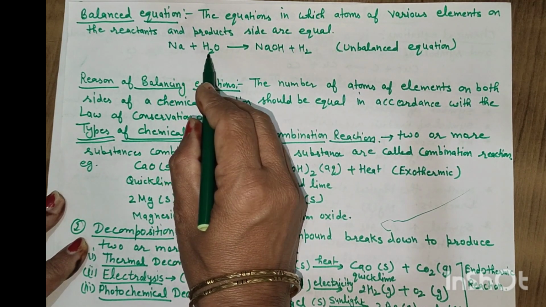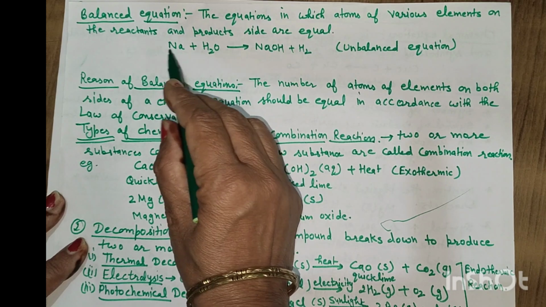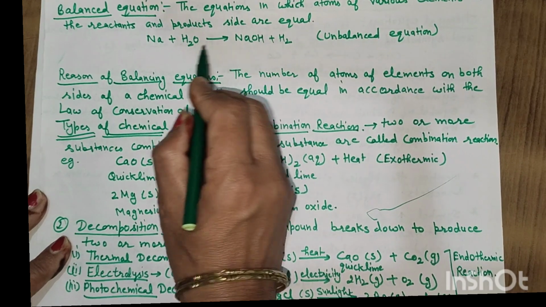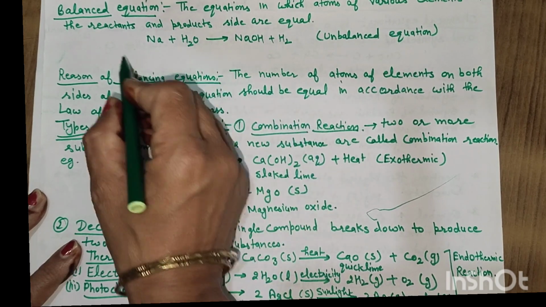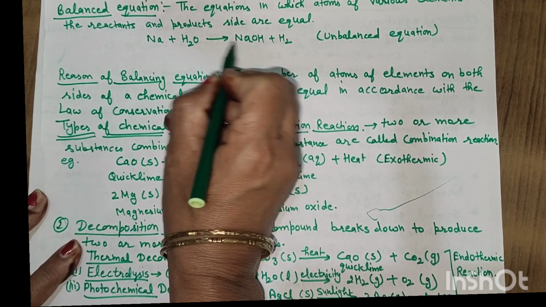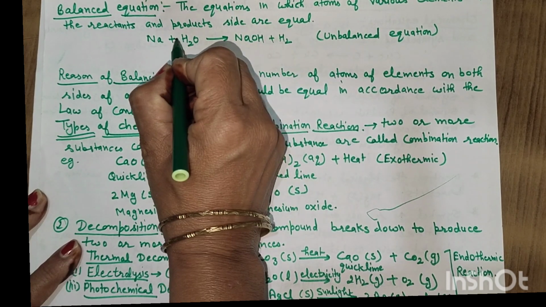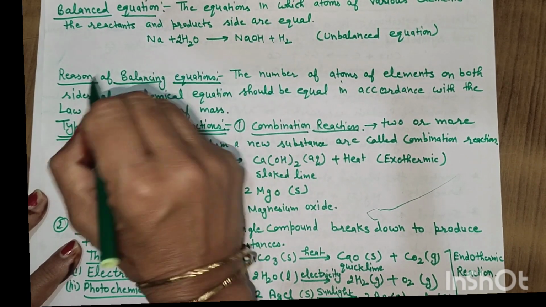In a chemical equation, the atoms of the various elements on the reactant and product side should be equal. When we take a chemical reaction, the reactants and products should be equal on both sides. Here this equation is unbalanced. Na is 1, H is 2, but here there are 3. If we write down 2 here,